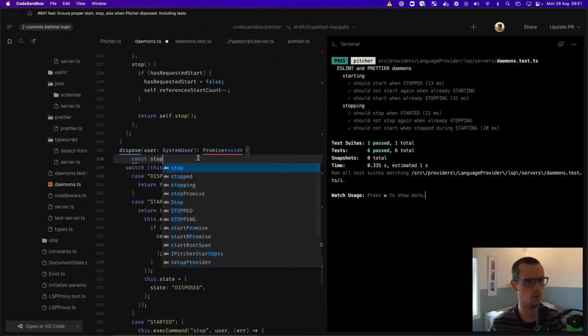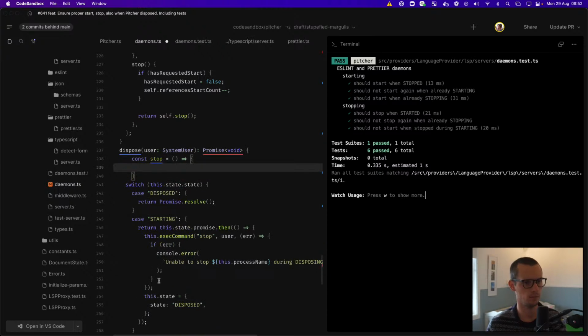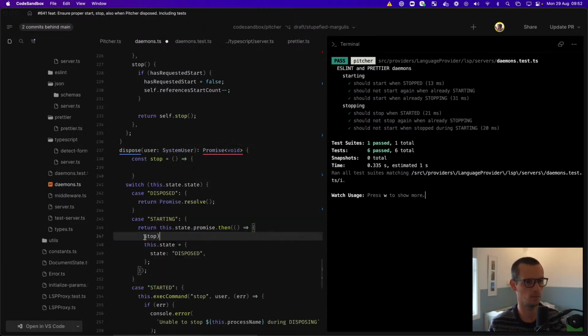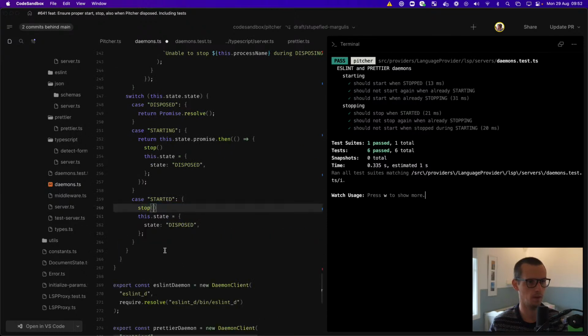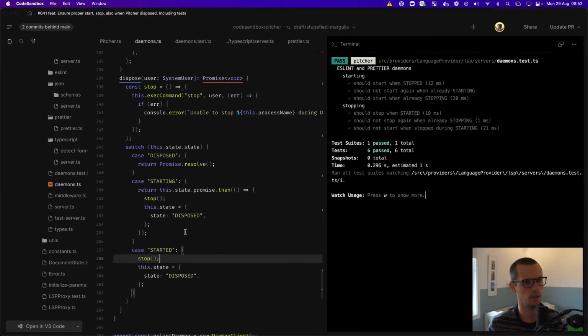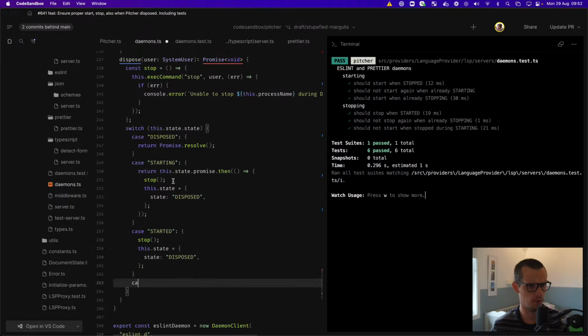Let's put the stop up here. Okay. So if it's disposed, it's okay. If it's starting, we'll wait until it's started so that we ensure that the stop actually runs, and then we'll say it's disposed. If it's already started, we just stop it, and we say it's disposed. And then if it's stopping,